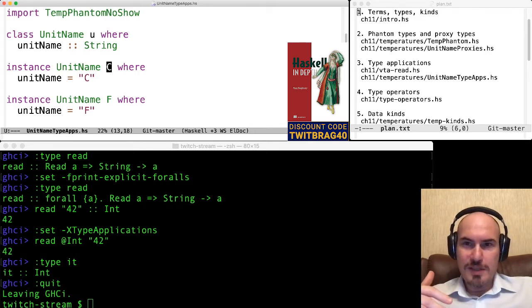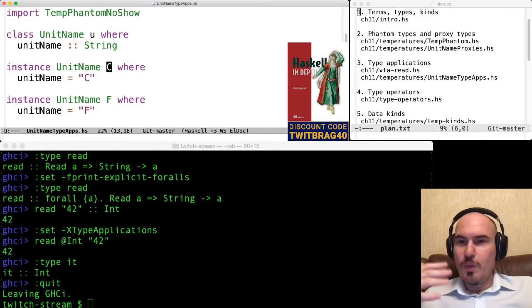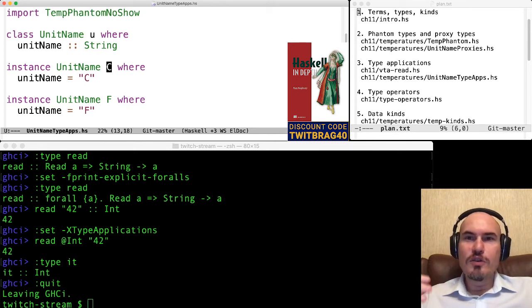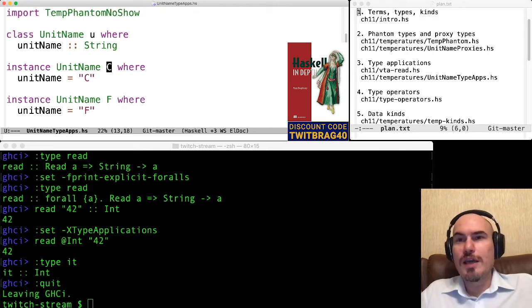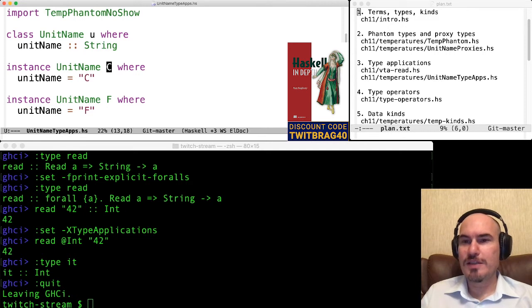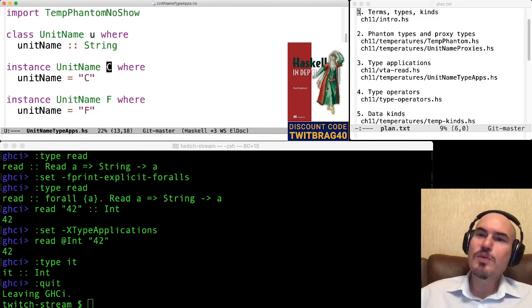When we had proxies, we never needed the AllowAmbiguousTypes extension because we knew exactly that the type is specified here. But now, what is unitName? Well, we don't know. We cannot infer a type for it. Maybe it will be known sometime when we call it.